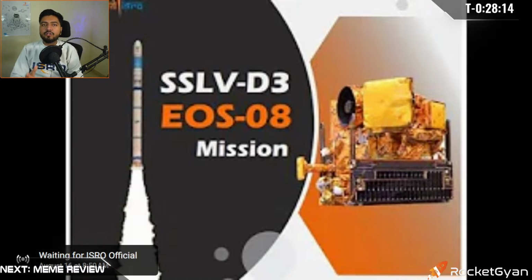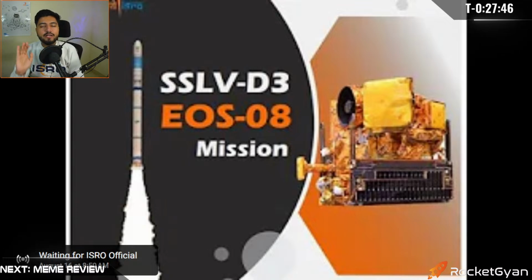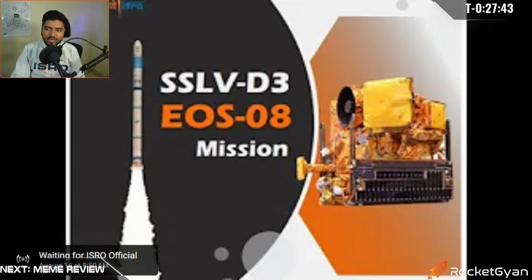And you will see today, if it is successful, the announcement from the chairman of ISRO, Mr. Somnath sir. He will most probably say that now we can give it to NSIL to operate, to make sure it works to its full potential, because they made this rocket to make sure they have something in place to compete with the global small sat market. That's it. That is the thing. So yeah,